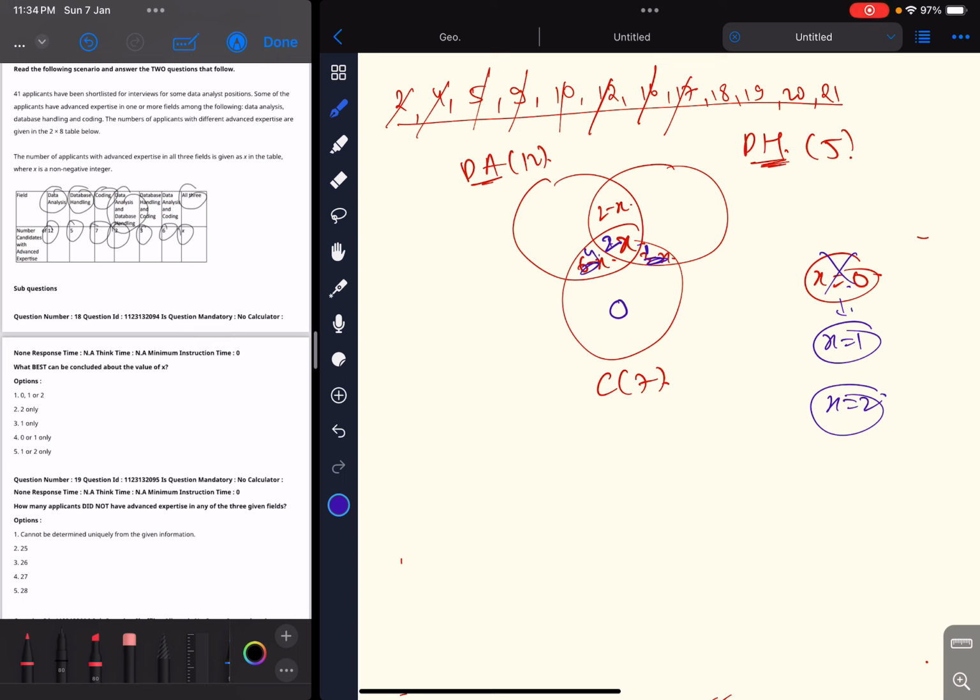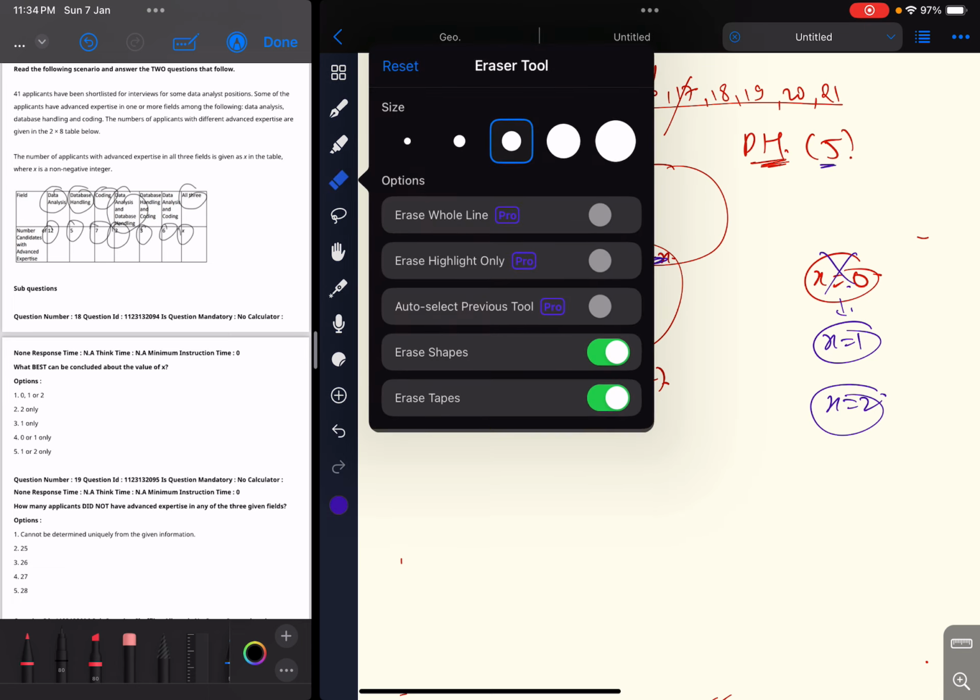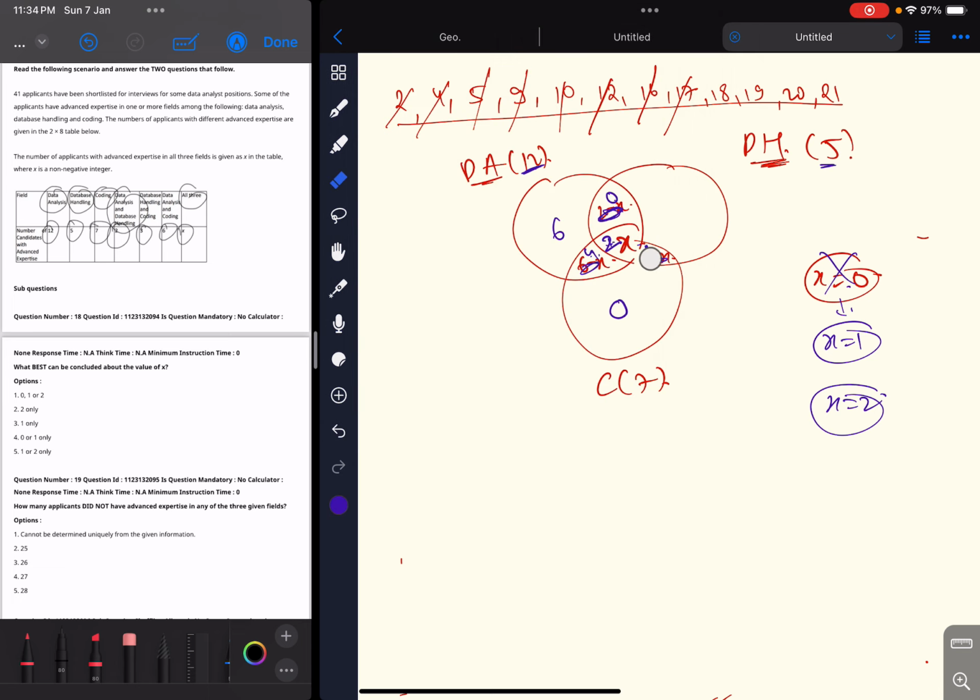Which means that the value of this is 0. Now 4 plus 2 is 6. This is 2 minus 2, this is 0. Total is 12, so this will be 6. Now this is 5, so 2 plus 1 is 3, and this is 0. Wait, let me erase this just a second. I will erase and rewrite it. This was how much? This was 2, I guess. X equal to 2, yes. This was 6, so this was 4, and this was 1. Now this total is 5, so 2 plus 1 is 3, so this has to be 2.